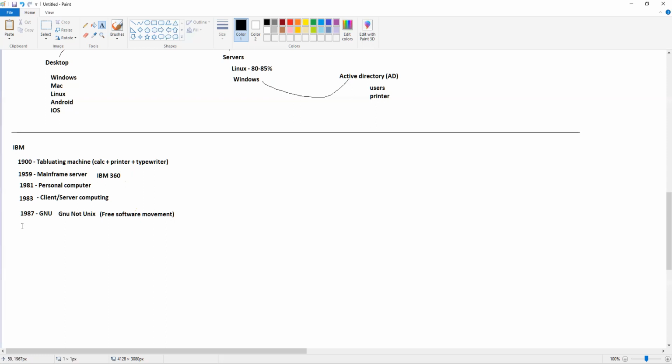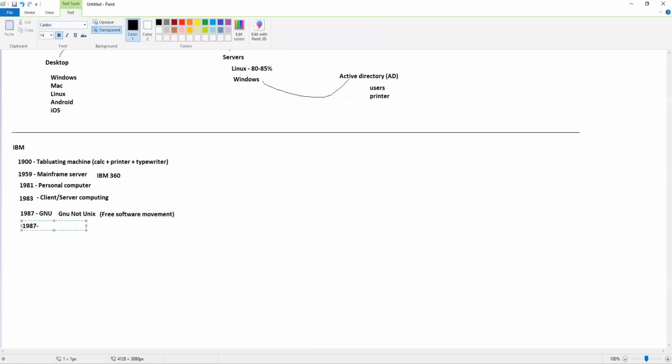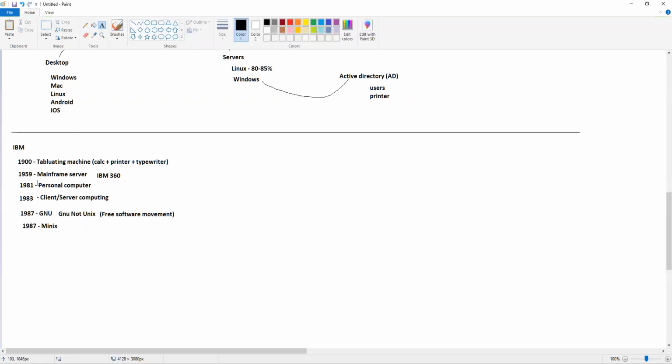In the same time, 1987, another operating system was created by a college professor, and that operating system was Minix. And back in 1960, the Unix operating system was created by Ritchie, who also invented the languages C and C++. We'll see more about the Unix operating system tomorrow. But in 1987, there was one more operating system created by a professor, and